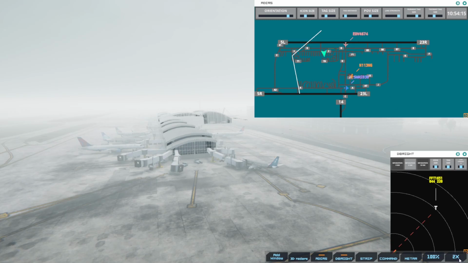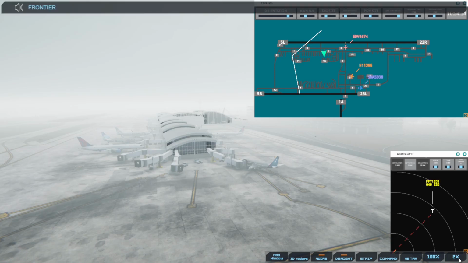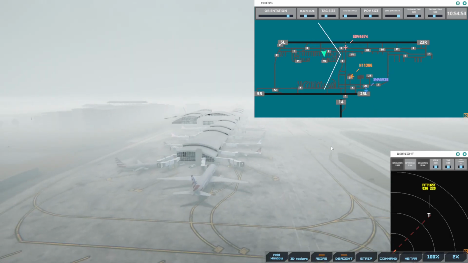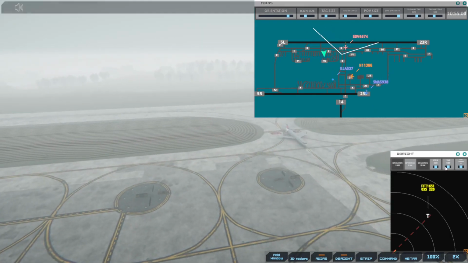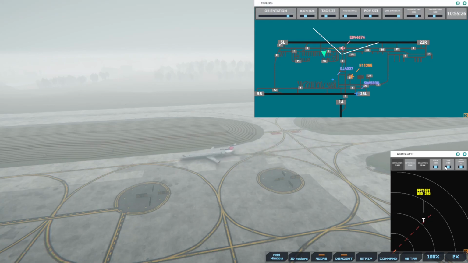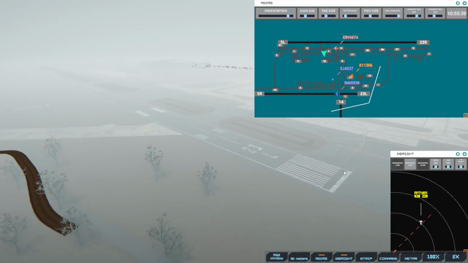Alright, Endeavour's up there. So this is Frontier Flight. Raleigh Tower, Frontier Flight 1651 on final 23 right. Frontier Flight 1651, runway 23 right, cleared to land. Runway 23 right, cleared to land, Frontier Flight 1651. Endeavour 4674, taxi to terminal. ExecJet 537, pushback approved, expect runway 23 left. Taxi to terminal, Endeavour 4674. Ground, runway 23 left, pushback approved, ExecJet 537. Alright, so